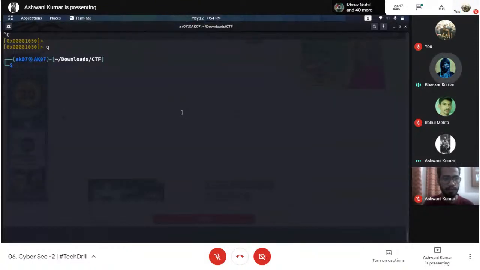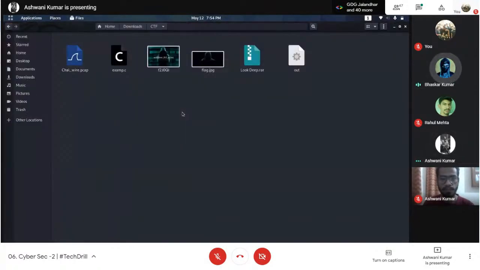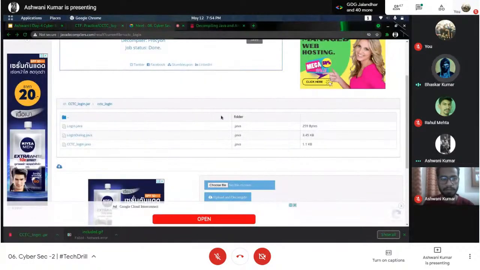If not, let the audience do that. If they run cctc login.jar, it will be something like a login page, name and password, and once you hit login, it will show success. If you hit a wrong username and password, it will show incorrect password. So it was a simple thing. Yeah, continue.